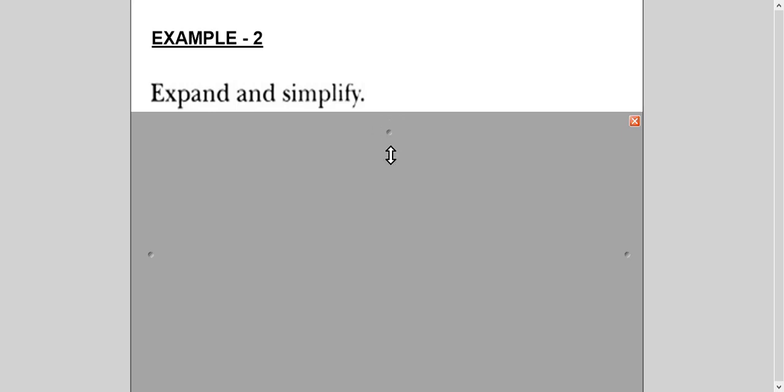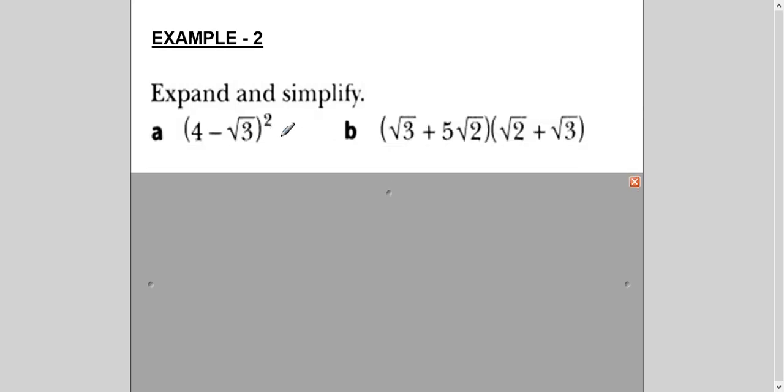Now, I'm giving you time to do it. I'm putting the video on pause. Rather, you put the video on pause, right? And try it yourself first and then check the solution. But I'm not giving you a pause here, so you can try it yourself.